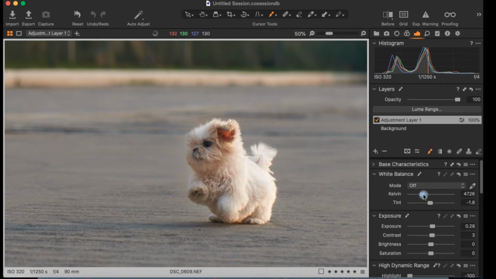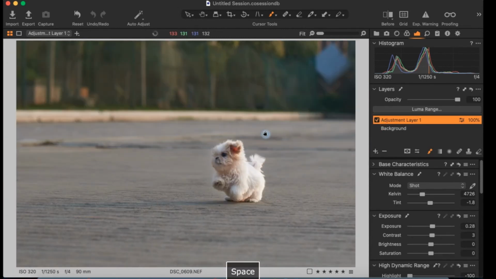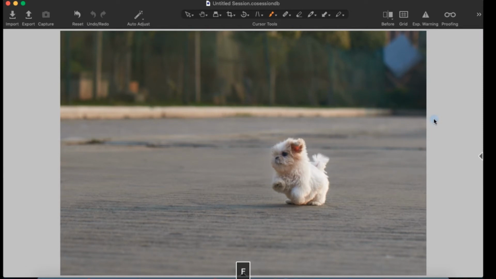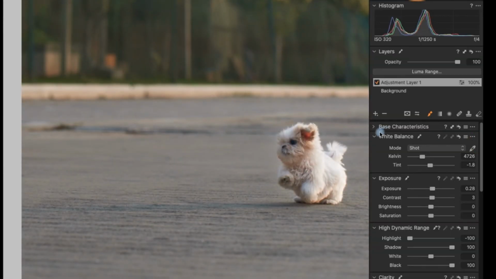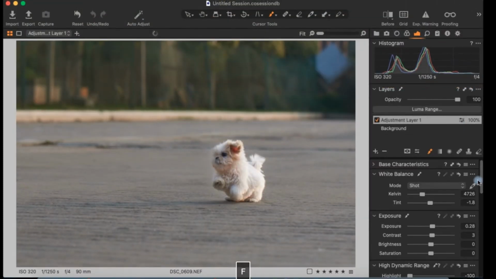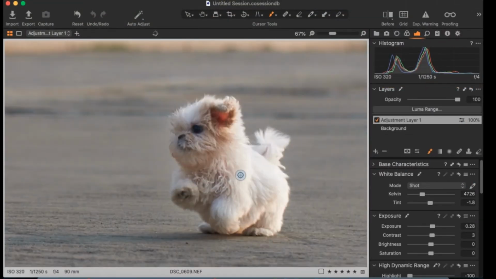This is a little too much, so I'll leave it at this. As you can see, if I uncheck this, it will show the adjustment before and after, and see how natural and realistic it is. Let's view in full screen mode. See before, after. This is one of the best ways to make the mask.